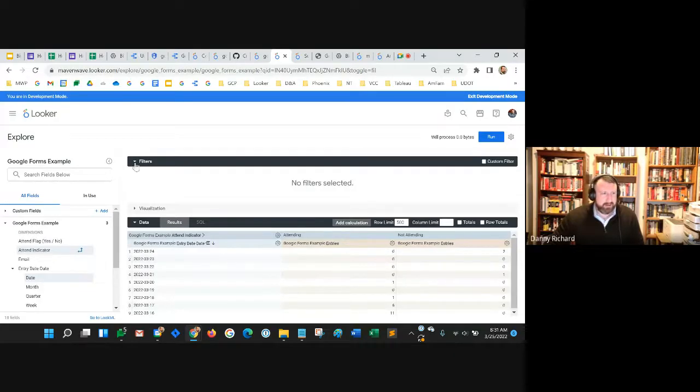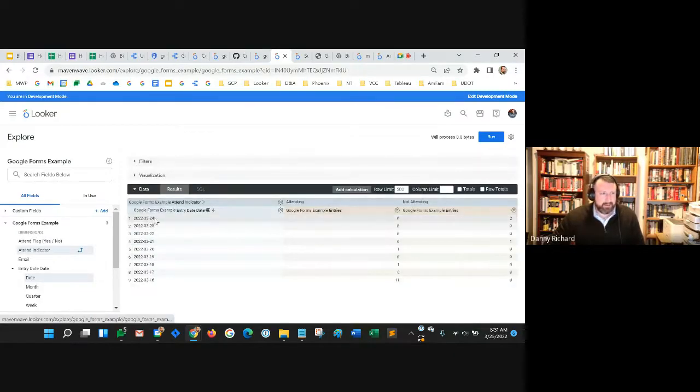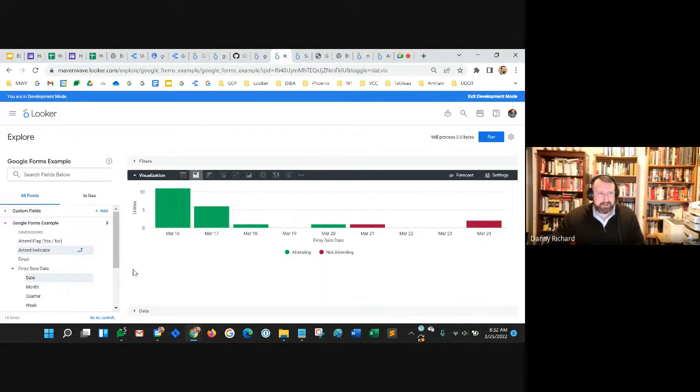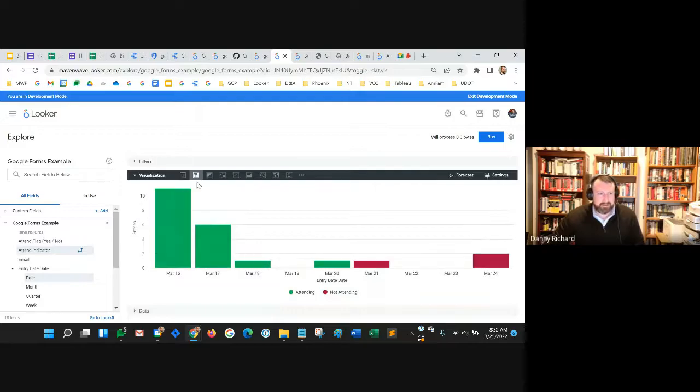So in this scenario, we've got the rows as the date. We've got a pivot on the attending indicator, and then we just have the count of entries as the metric. Once you build the underlying table of the visualization, then you build the visualization in the next step, and that's what I do right here. This is an over-time count of the entries, and green is a yes, and red is a no for not